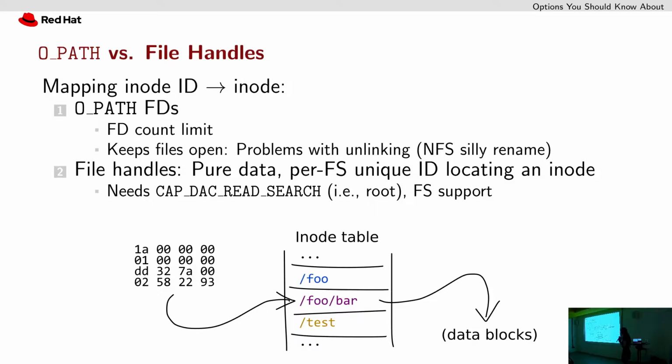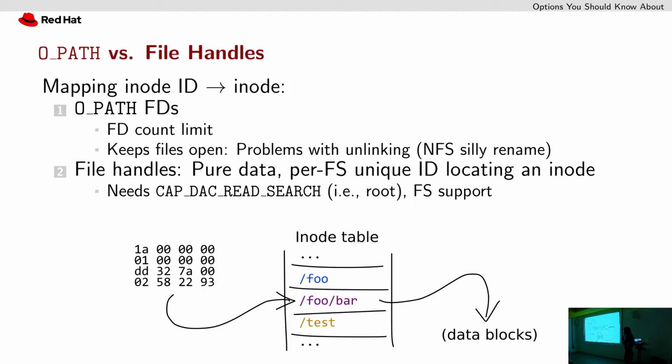How these work is basically they're just pure data that point into the inode table of a file system, and then you can hand this data to the file system, and it will later open the inode for you immediately. So the advantage is it's just data, so it doesn't count against all these caps. It doesn't keep the file open, but the disadvantage is that it requires basically root privileges because it requires this very heavy-handed capability, CAP_DAC_READ_SEARCH,